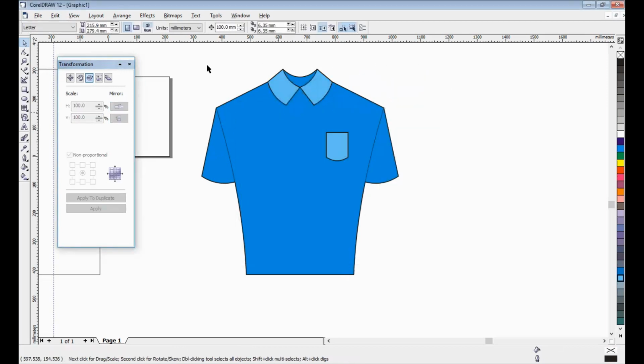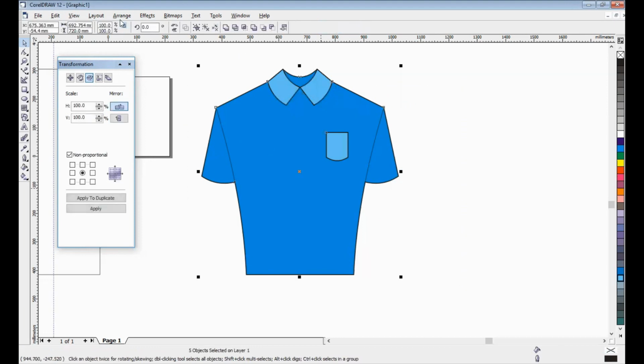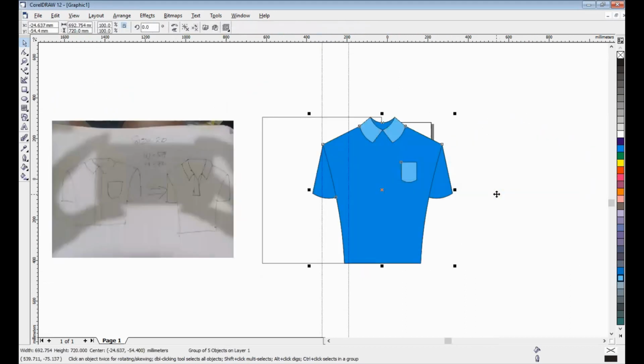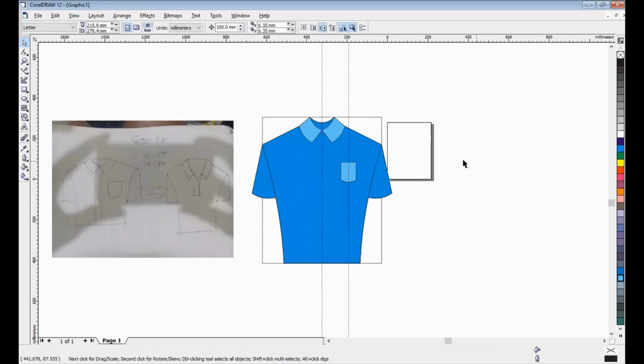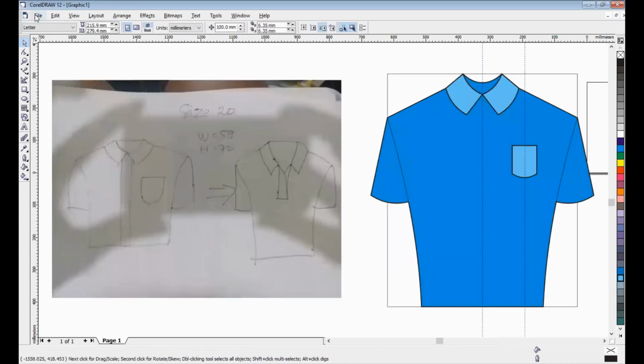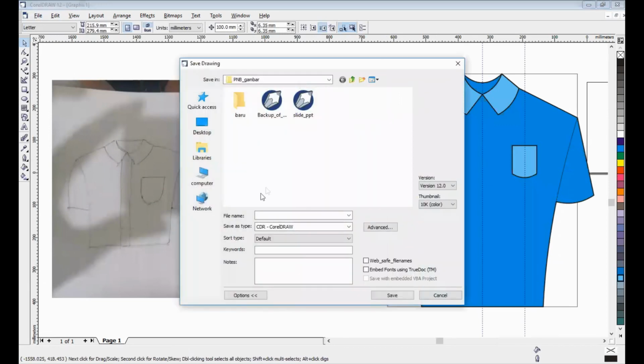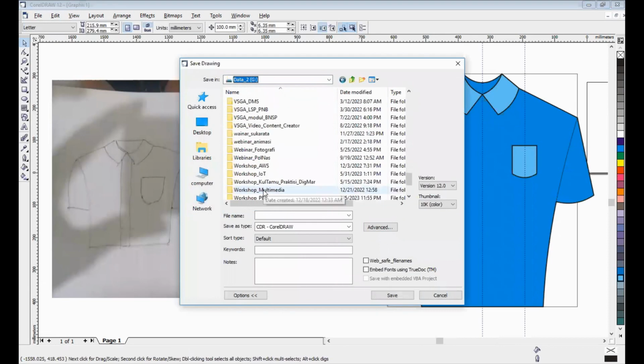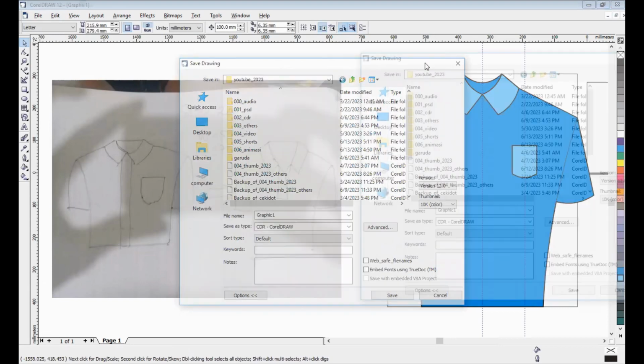Okay, then group. That's our project, how to create an illustration of a t-shirt. In the next lesson, I will teach all of you this design.